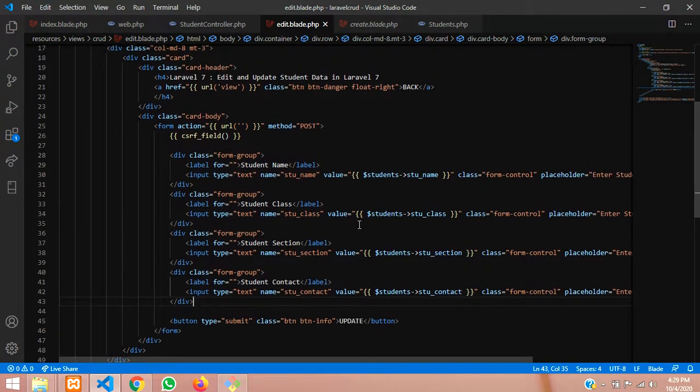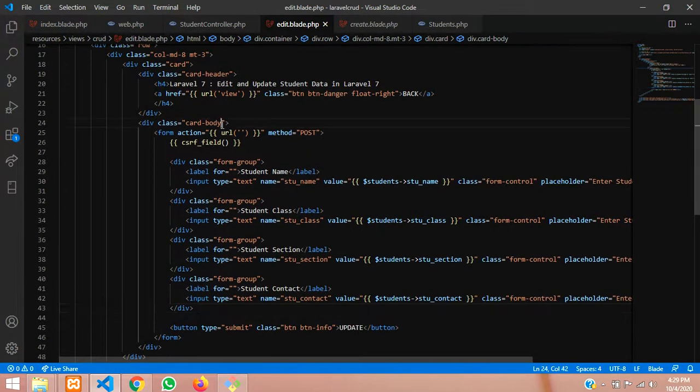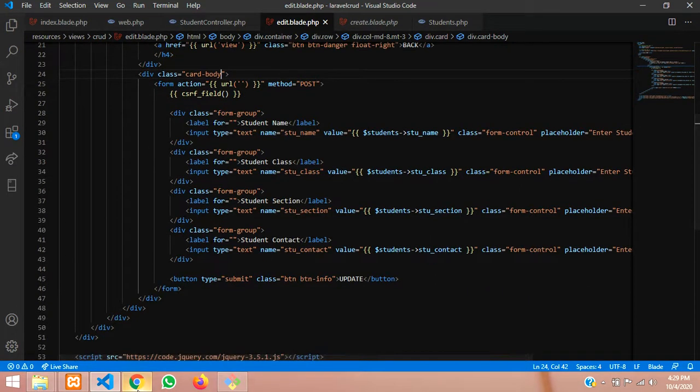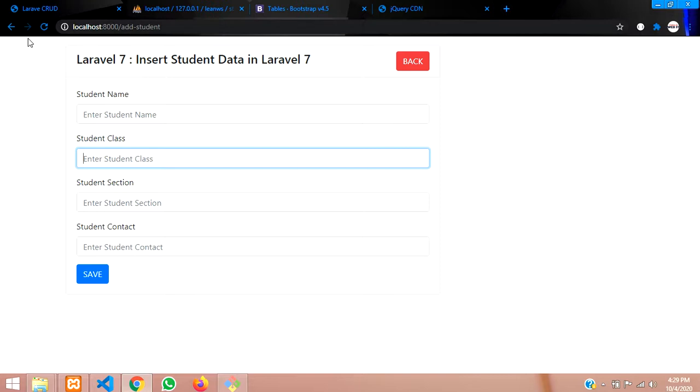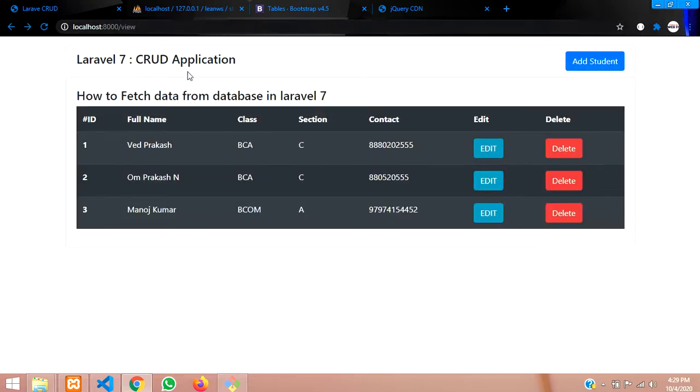So this is the page now, and you can see this background as BG is not required. BG right now we don't need. I'll just show you what the output is right now. So let's get back to our CRUD. Let's go back. So this is our table. I'm going to click on the third data, third ID, Manoj Kumar. Let's click on edit.